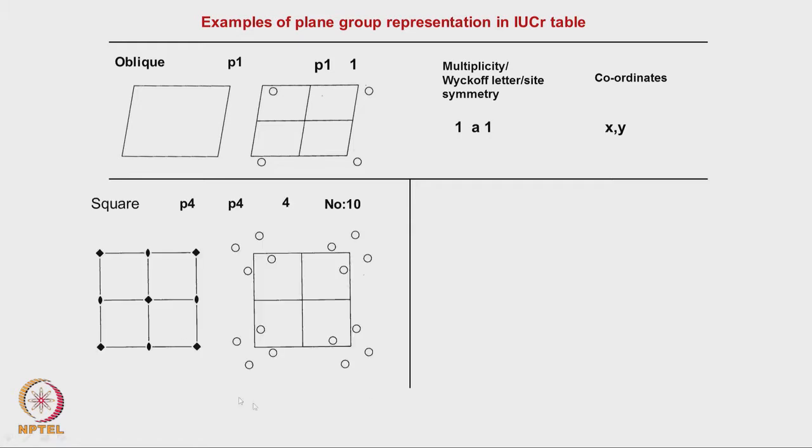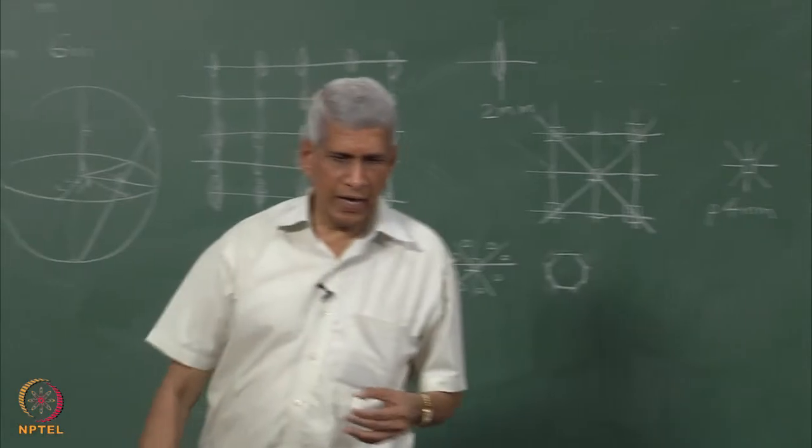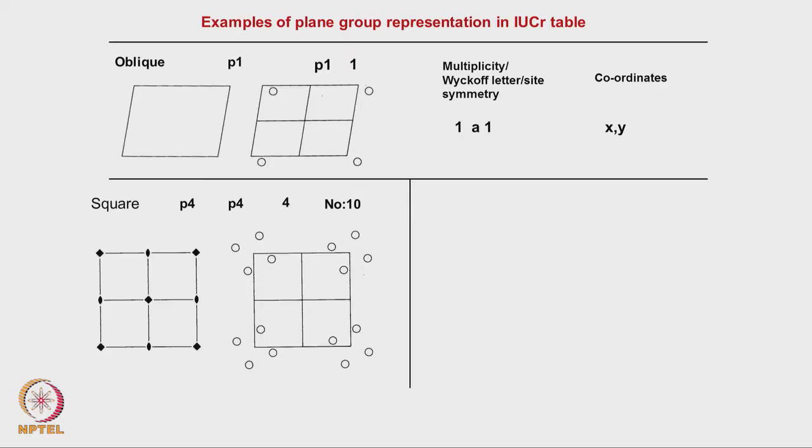like that we can find out the coordinates at which the motifs have to be placed. Okay. Like here if you see it, this is a square lattice. In this square lattice we have a 4-fold rotation, and a 2-fold, but there is no mirror. So what points do we have? There is one point here which has 4 mm symmetry. I had shown just some time back that this point has got 4 mm symmetry. This point also has got 4 mm symmetry, correct. This point has got 2 mm symmetry, correct.